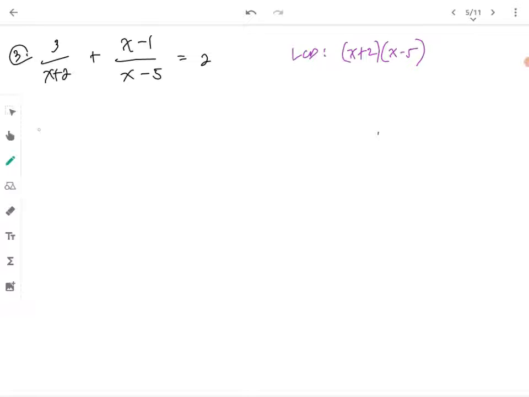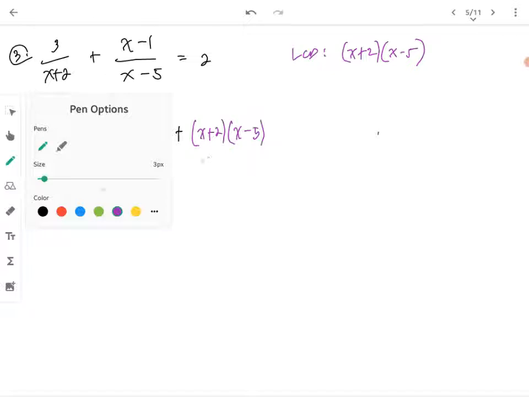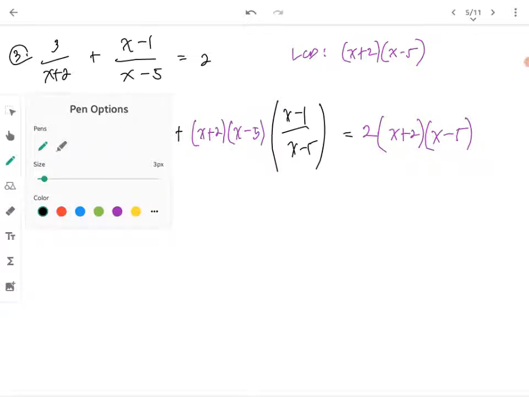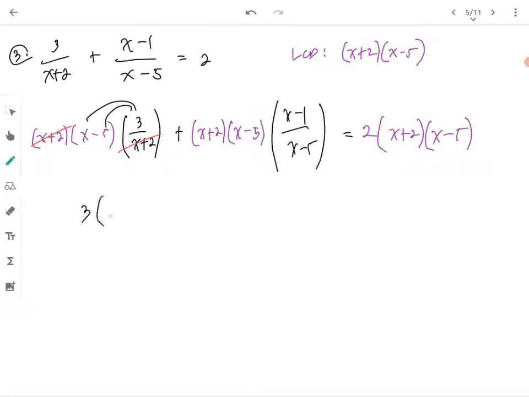So we multiply this by x plus 2, x minus 5, x plus 2, x minus 5 times 3 over x plus 2 plus our LCD again times, of course, our LCD again times 2 times, okay, by division this becomes cancelled out, so we have 3 times x minus 5, then we can cancel this by division, we can remove this, so we are left with